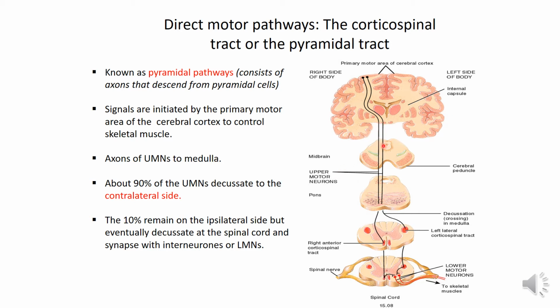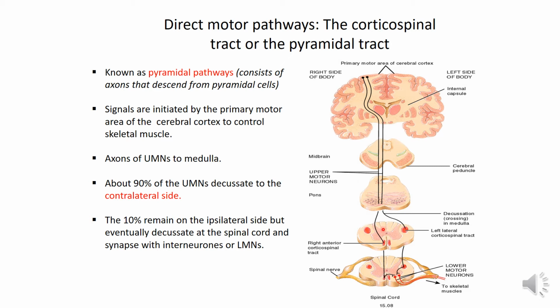They are not innervated by this tract. So the motor fibers of the pyramidal tract, when they descend in the brainstem, supply the cranial motor nuclei of 3, 4, 5, 6, 7, 9, 10, 11, and 12. We have 12 pairs of cranial nerves. They supply the cranial motor nuclei on both sides, except the lower part of the facial and the hypoglossal nucleus. The lower part of the facial or the hypoglossal are innervated from the opposite side only.